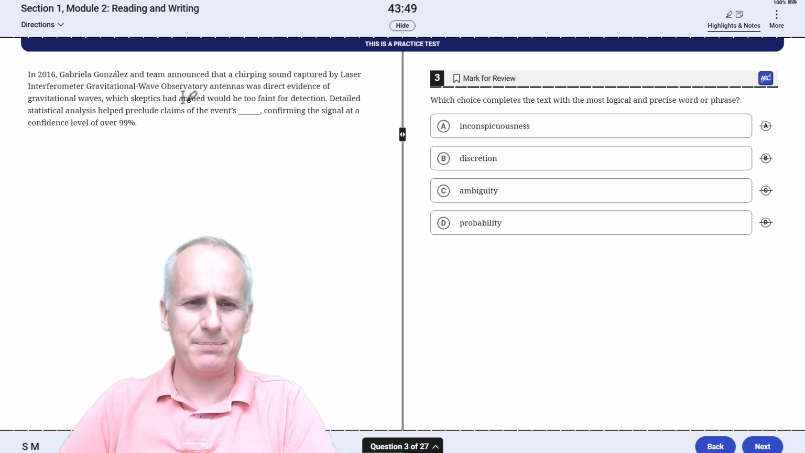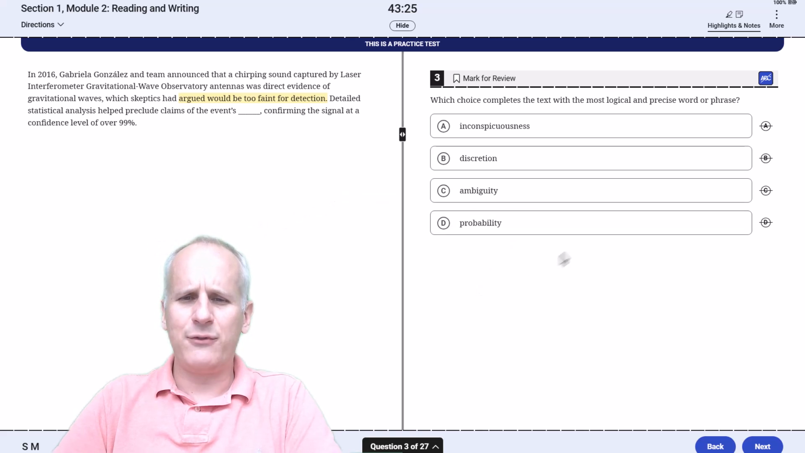So we know that these skeptics argued that the chirping sound would be too faint for detection, but the analysis says that we actually detected it. So we need to find something that says in the blank that it was believed to be too faint for detection, but it actually was detected. So we just need to find an answer choice that would match this idea that it was too faint for